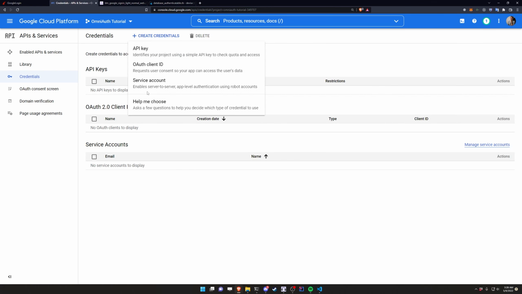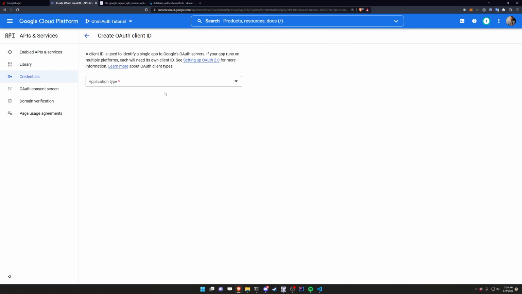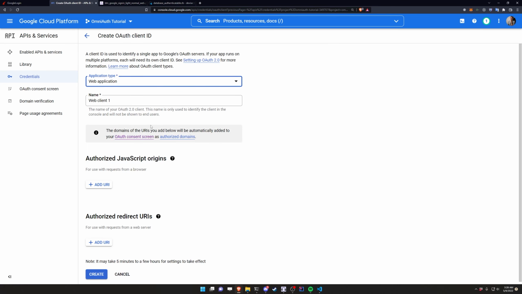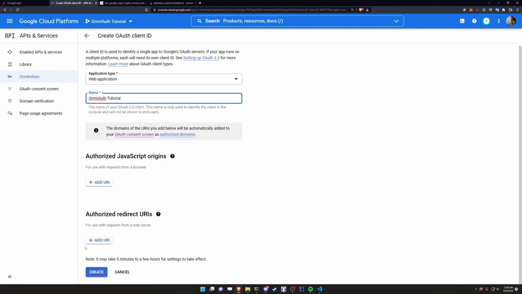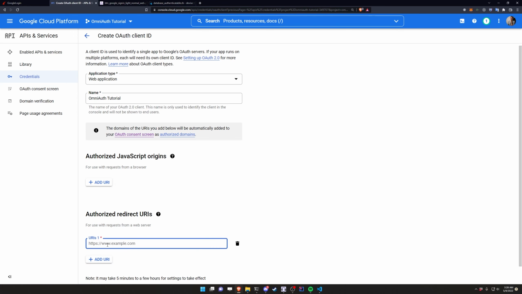So I'll click on create credentials, OAuth client ID. The application type will be a web app. The name will be Omniauth tutorial. And we need to add in an authorized redirect URI. And for this, I think it's going to be something like